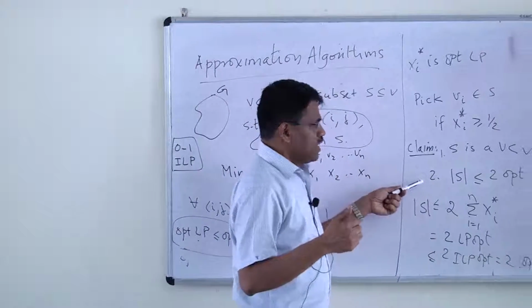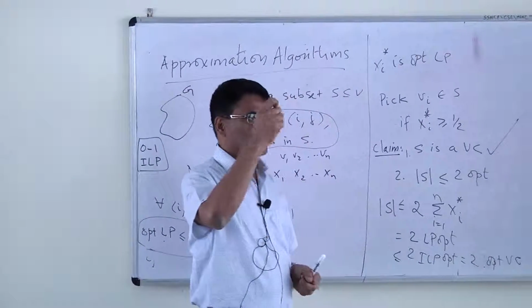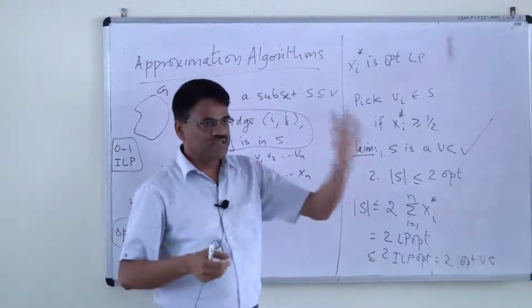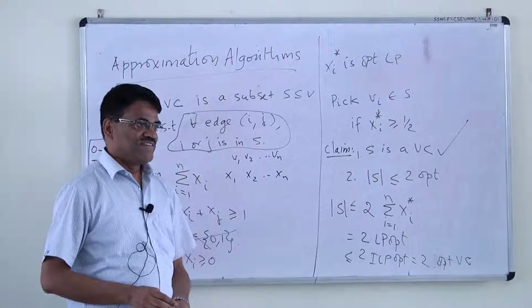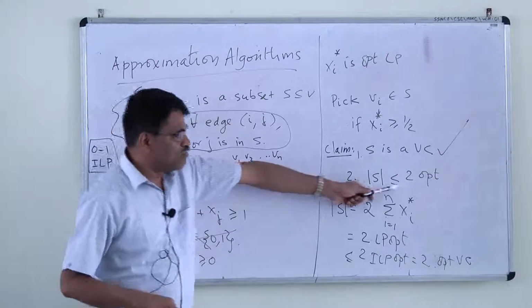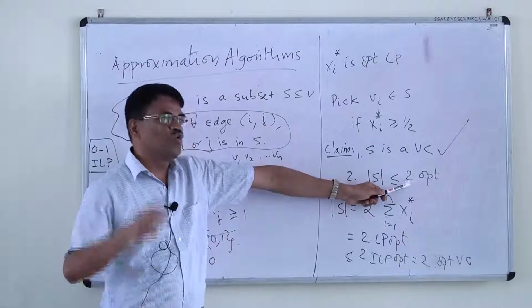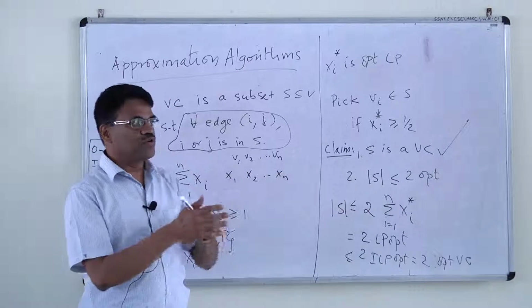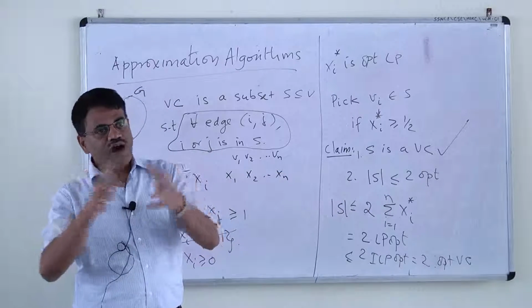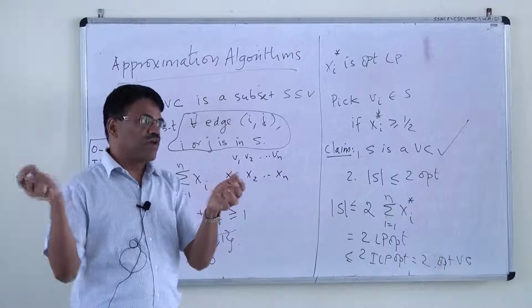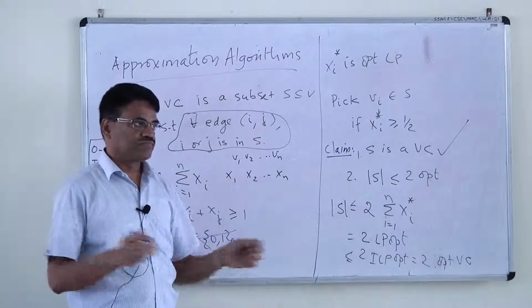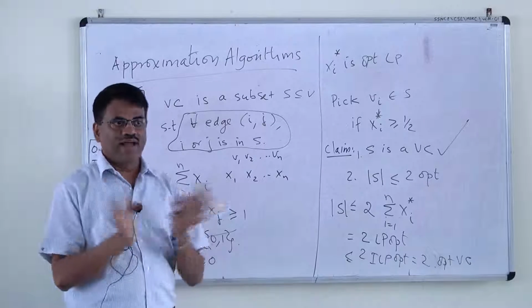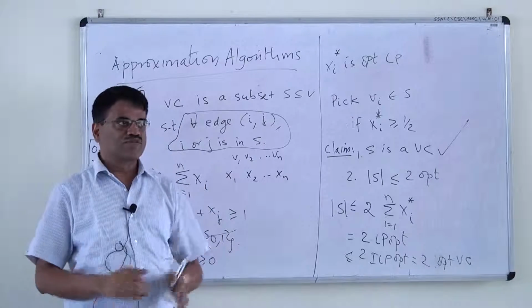Interestingly, this high degree vertex rule you mentioned, where I picked the highest degree vertex and included it, is not a very good approximation. You can't, for example, show this ratio 2 with that. It can produce a solution which is far away from the optimum, as bad as log n times the optimum. So these are the kind of interesting structural theorems you will see in